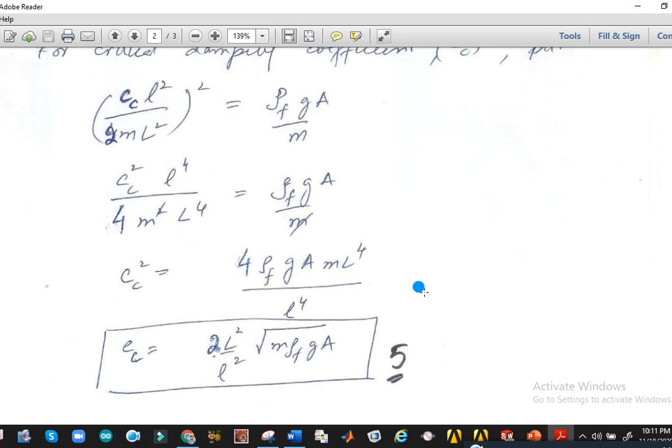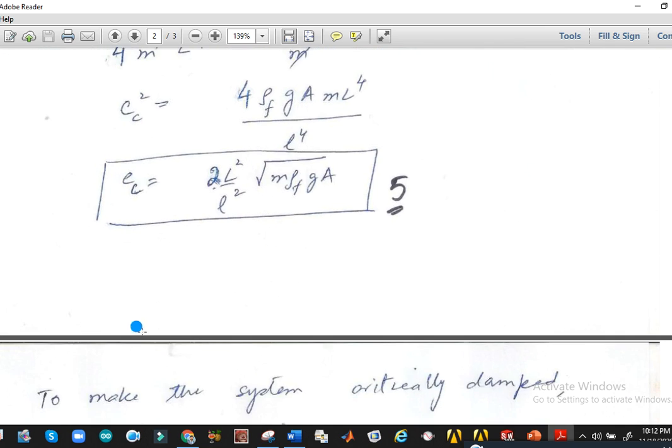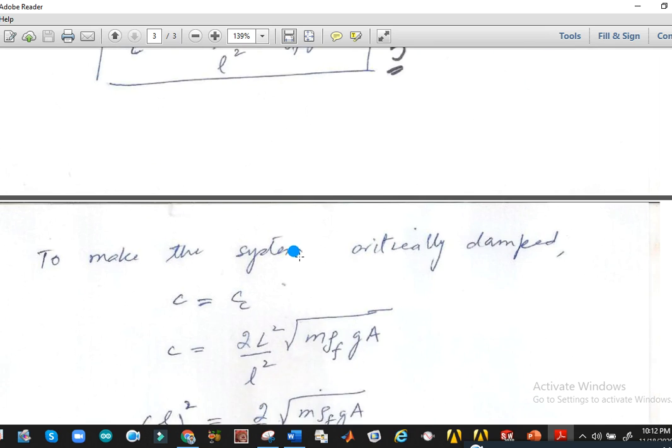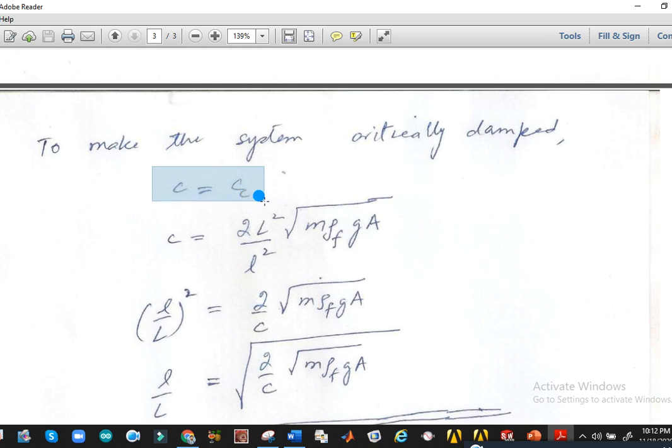We have to consider that we have assumed all the parameters that were given, and we know that if the bridge is critically damped, then zeta should equal 1. Zeta is actually the ratio of the damping coefficient to the critical damping coefficient. If zeta is equal to 1, then c should equal cc if we want to make this bridge critically damped with no oscillation. So we will keep c equal to cc and replace cc with the numerical value provided.